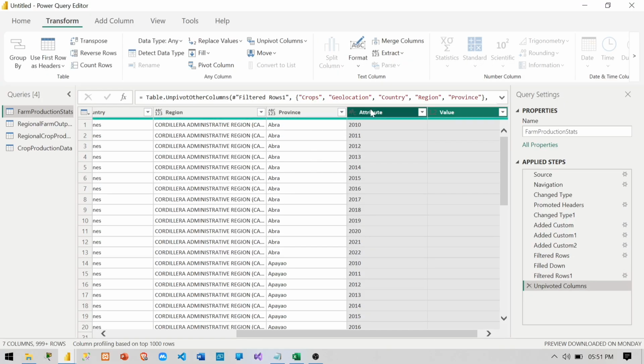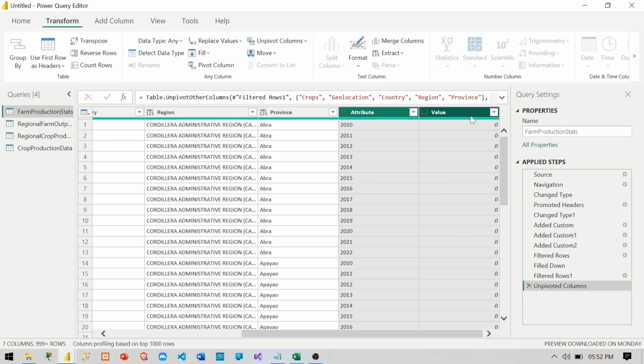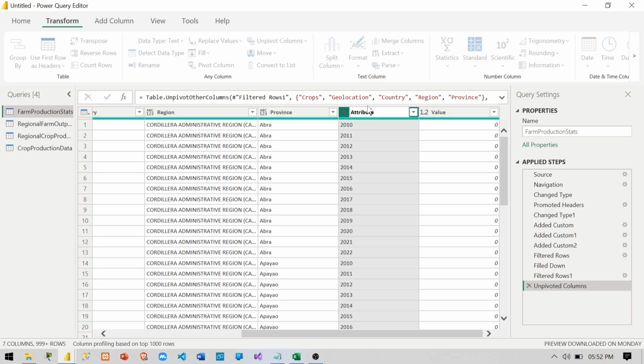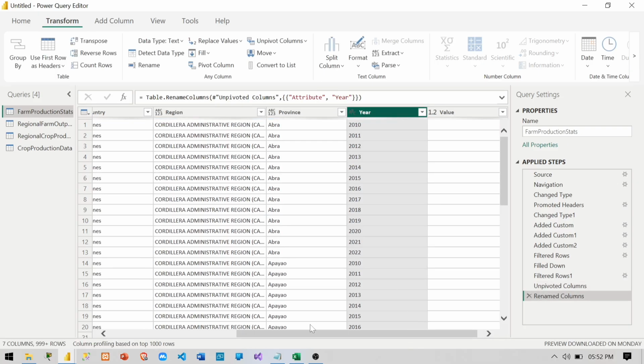So as you can see, all of the years are unified in a single column, and the values are also in a single column. So we must rename this column name to year. Since it is a year, okay. Then after that,